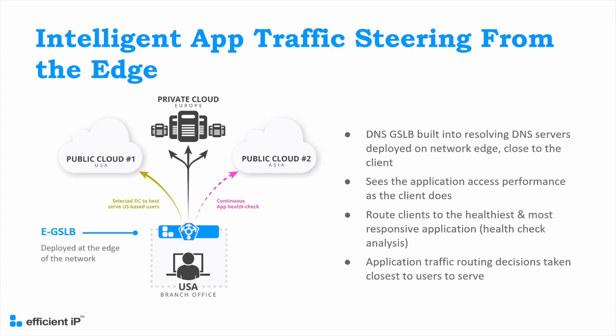So if an application goes down, it's not responding to my health checks, I'm not going to send its IP addresses back in my DNS responses. It's taken out of the pool. Instead of doing it at the authoritative server at the very end of the trail, we're doing it at the resolving layer, the first place that the client hits. It gives you a lot more agility as far as where you're going